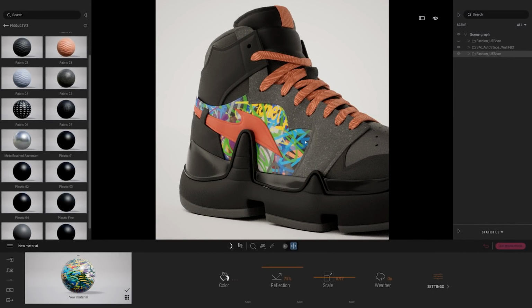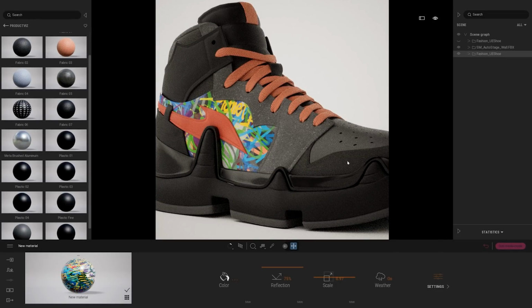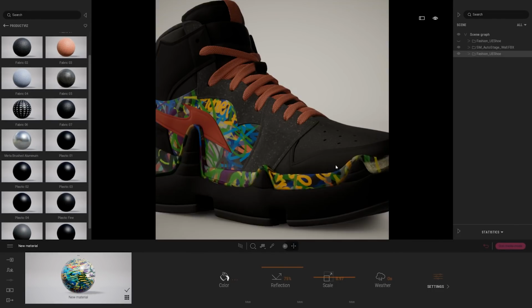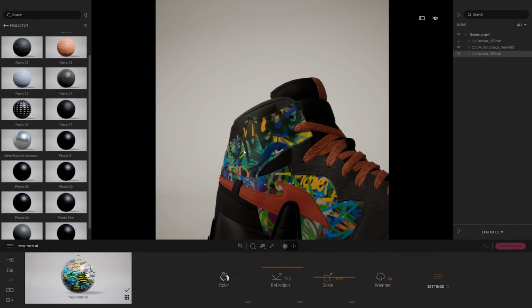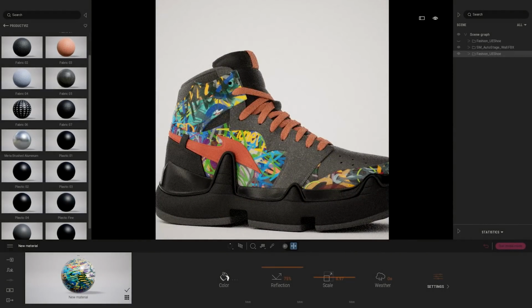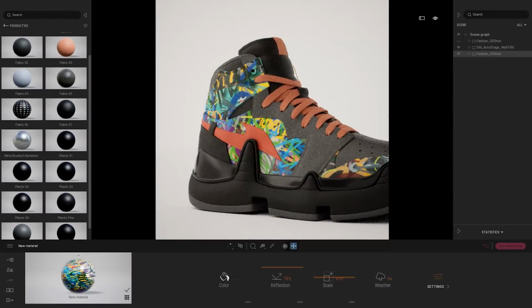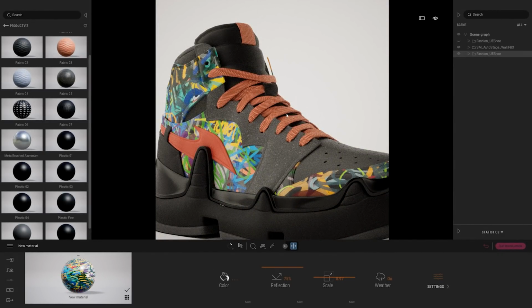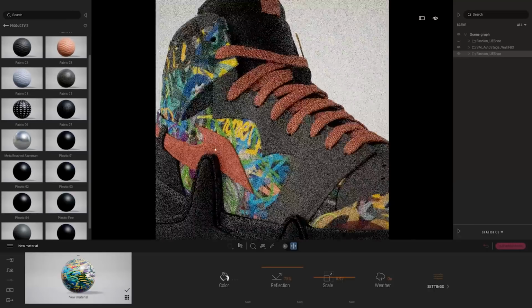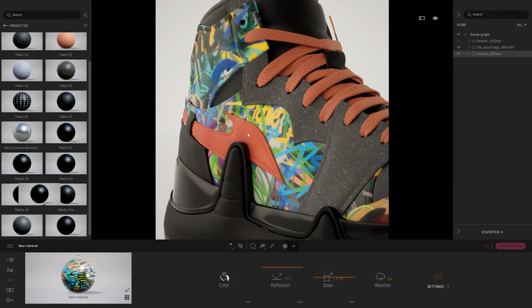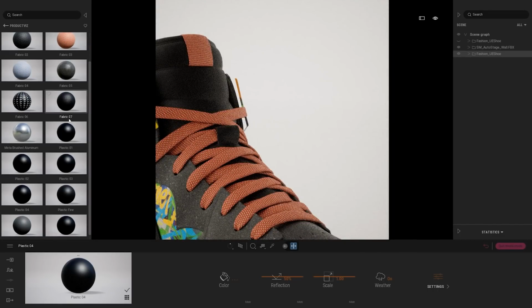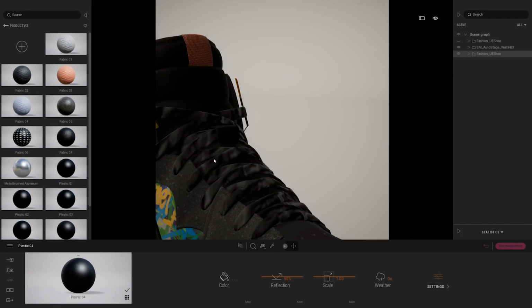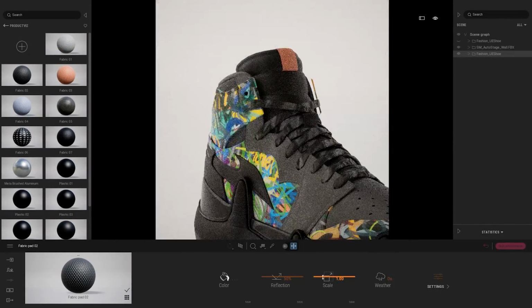I want that material on another part of my shoe, for example, like here. So I'm just going to simply drag and drop it there. Same thing on that part. Also, for that new shoe variant, I don't want that orangey color. So on the side here, I'm going to simply drag and drop a new black plastic. And for the lace, I think I have some black lace like that.